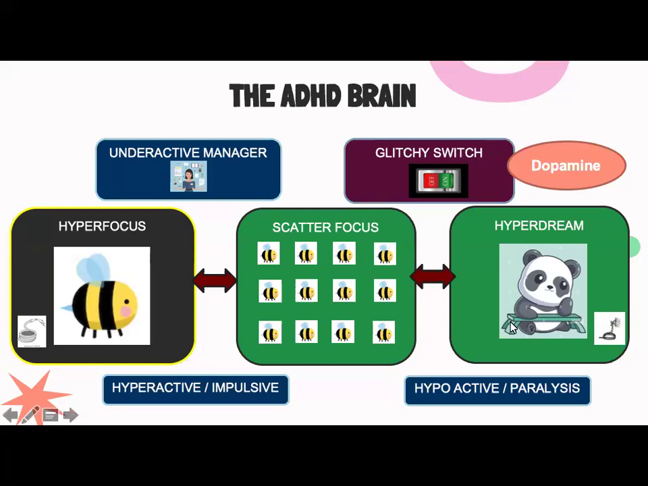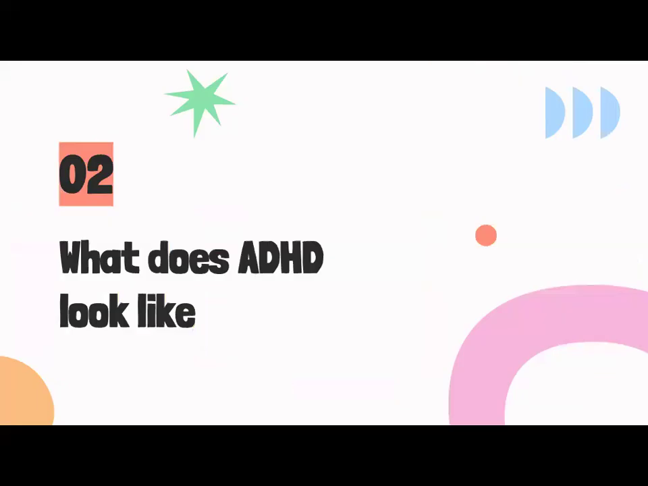So if they are more in DMN mode, it will translate to hypoactivity, and they might not actually move at all. Or if they're in hyperfocus or in the scattered focus frame of mind, that might translate into hyperactivity or impulsivity. And don't worry, we're going to go through that in more detail. So this gives us now the possibility, as we've looked at the pathophysiology of ADHD, we can now try and imagine a little